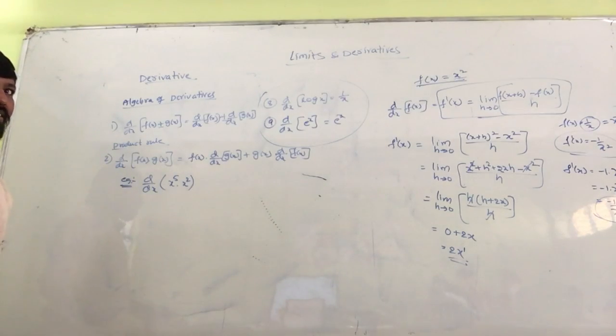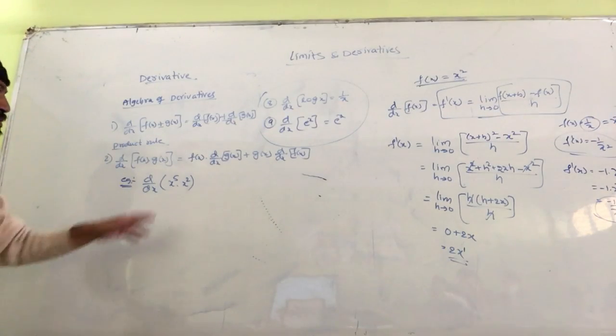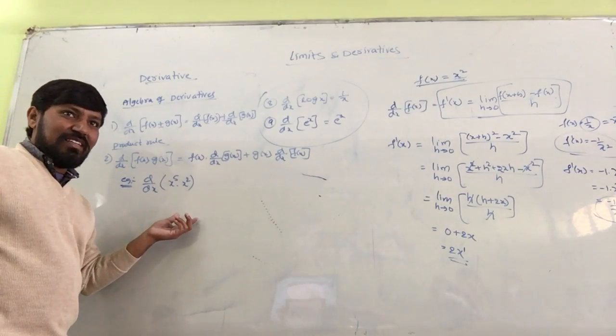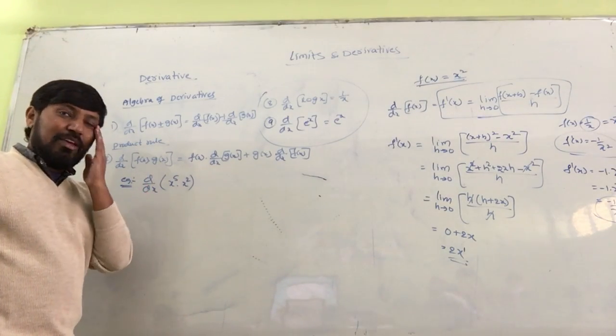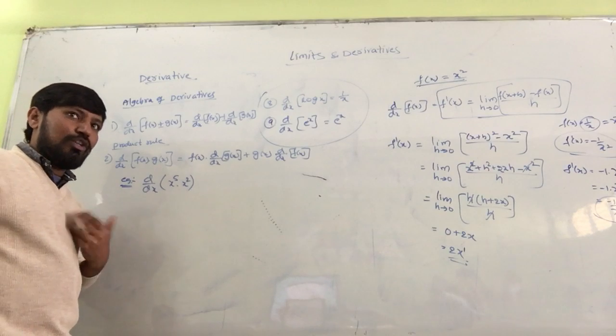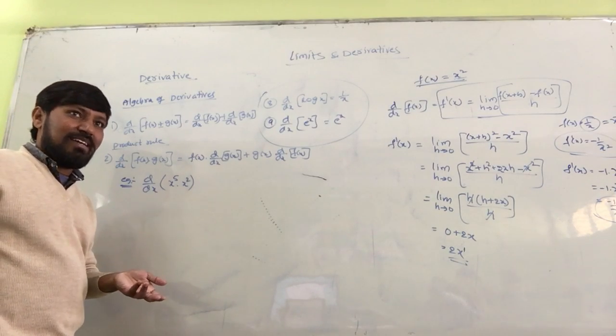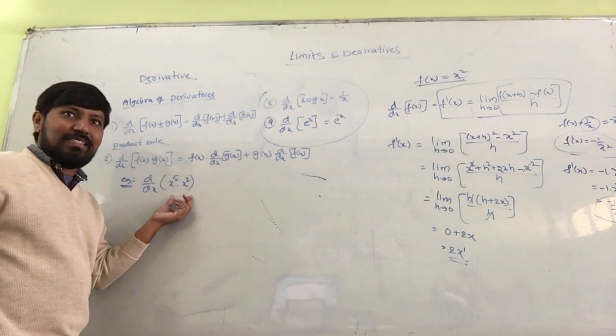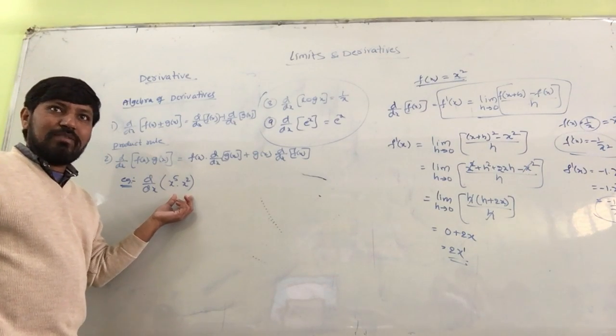Actually, what is the answer for this? x to the power of 7 only. But I have given it to you as a product of two. x to the power of 7, single you can do it. But because we need to know the answer, the same answer we need to get, for verification purpose. What is the answer you need to get? 7x to the power of 6, we need to get it.